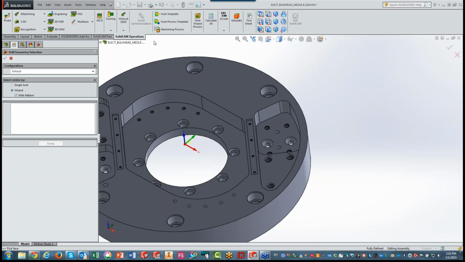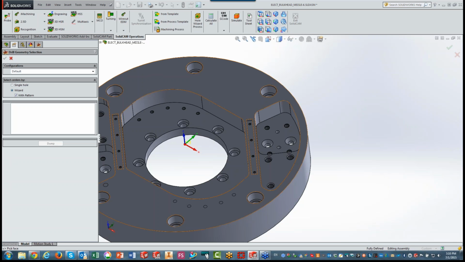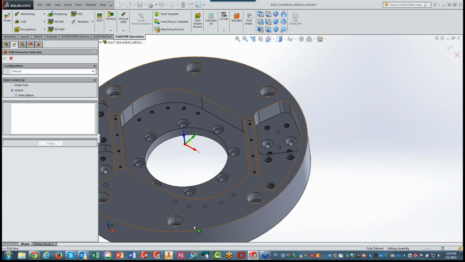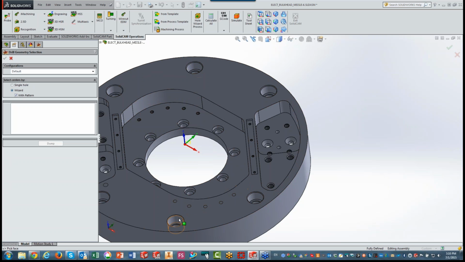Also, when we choose the counterbore hole, by the time Service Pack 3 comes out, you'll also have a notification here on the bottom that says pick counterbore hole. Okay, now that I've mentioned that, let's actually start the process. Okay, so I'll click on my counterbore hole, and notice on the side over here, we have wizard chosen with pattern. So if any holes were created off of that wizard with a pattern, the pattern will also be chosen. I clicked on that hole,